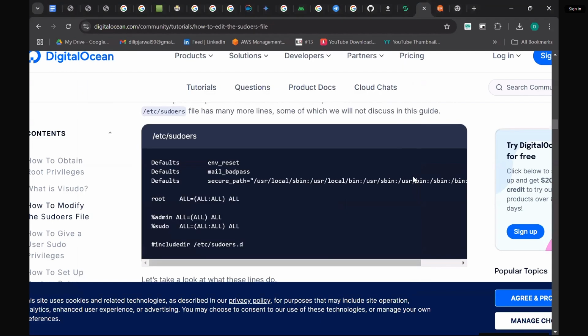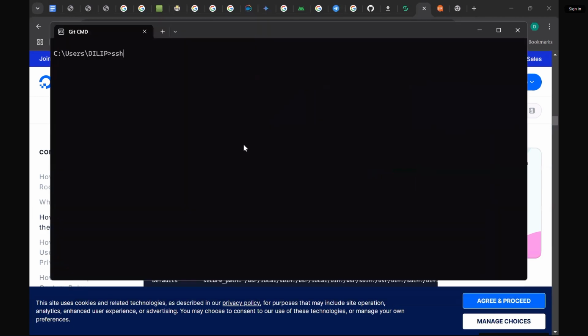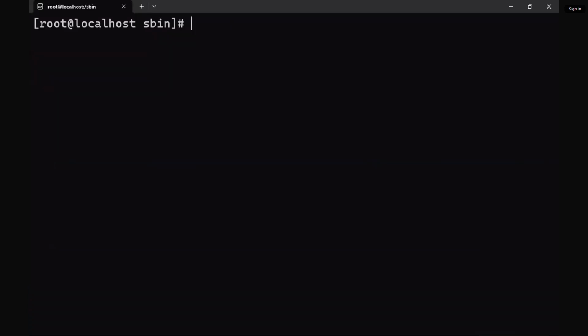What is the relation between the shadow file and the passwd file? Okay, if you are asking about the relation between the shadow file and the passwd file, let me explain. Aman, so